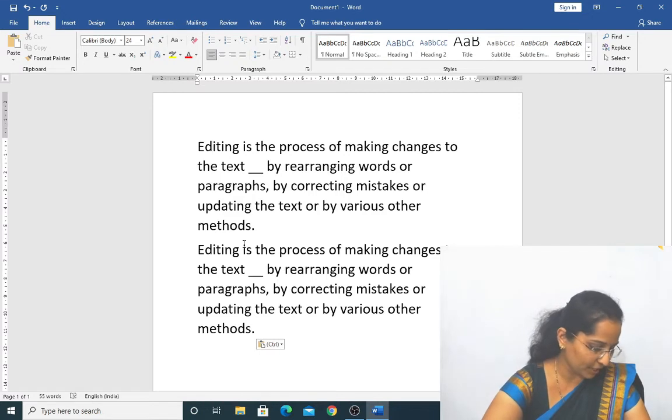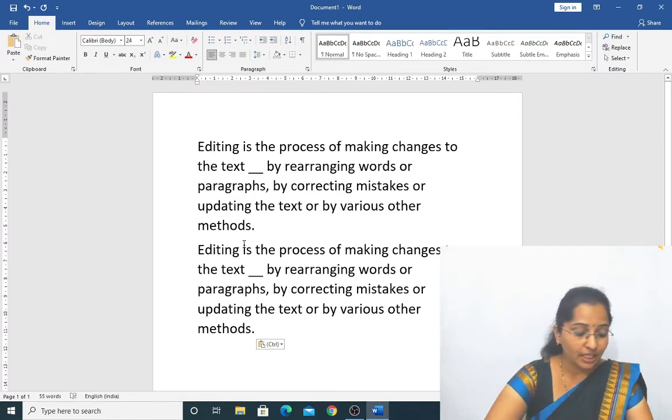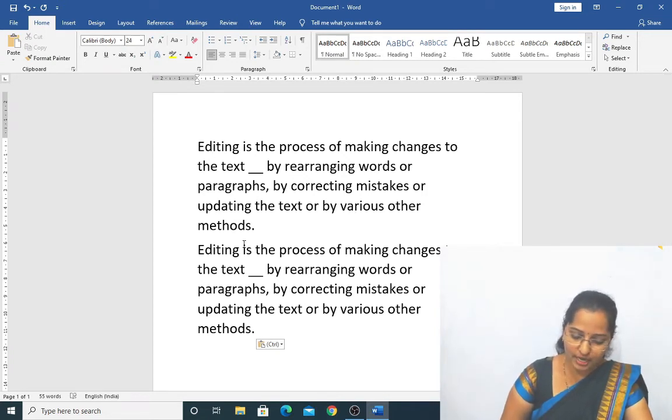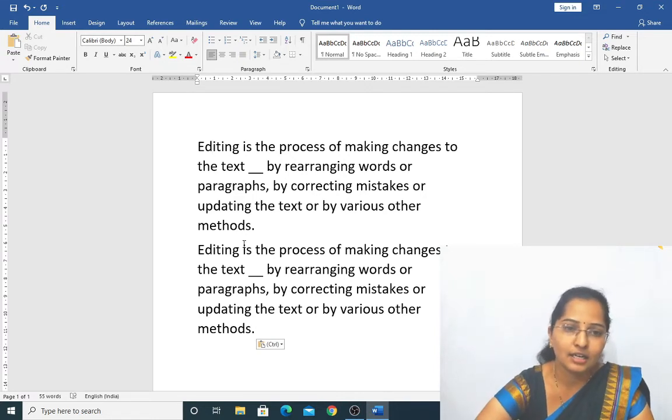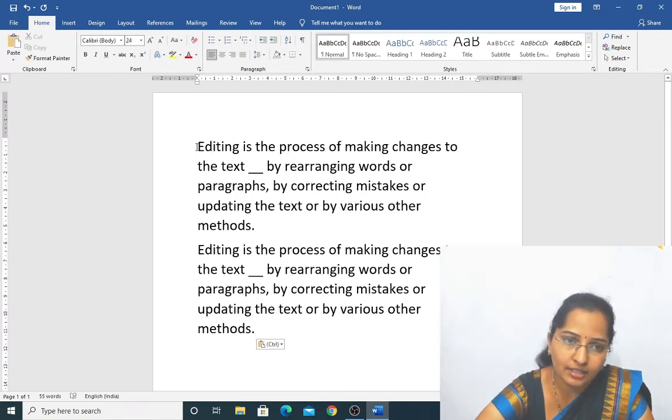Now turn the page and open page number 64. On page number 64, they have explained how to select the text using the keyboard. See, I will click the cursor here beside the word editing.